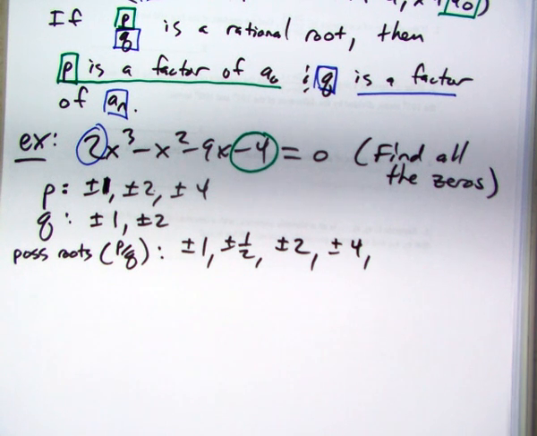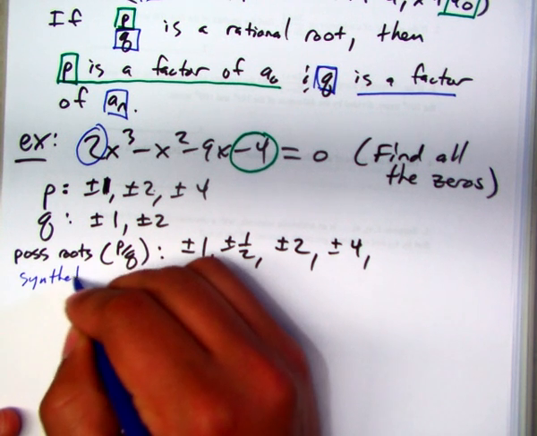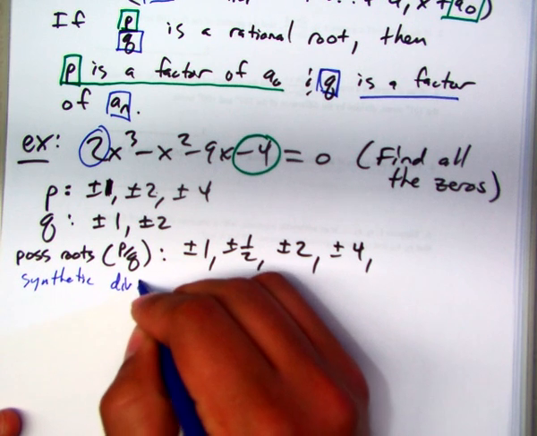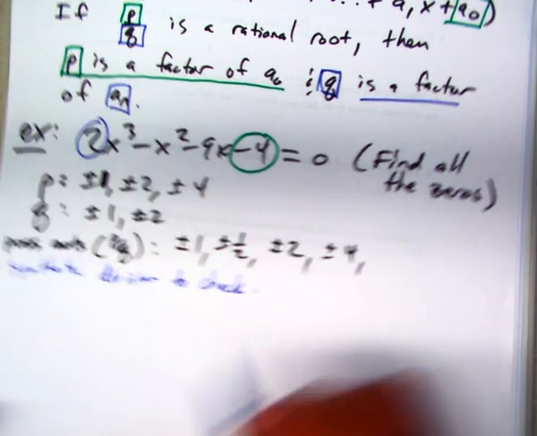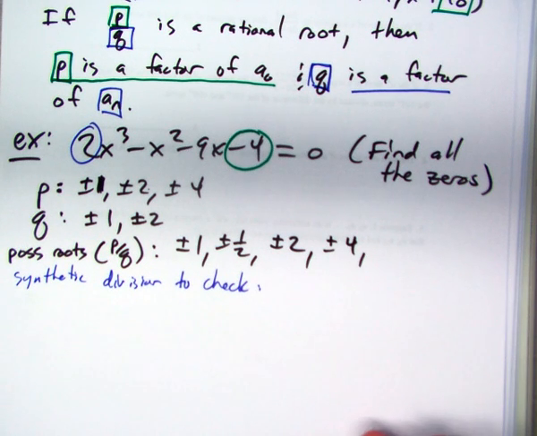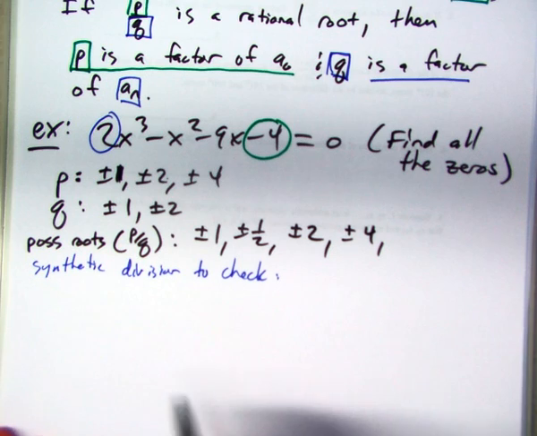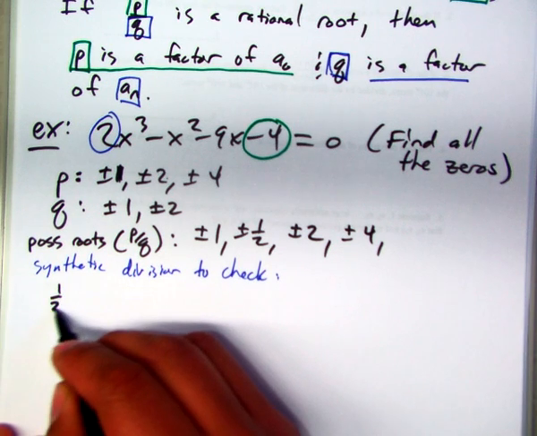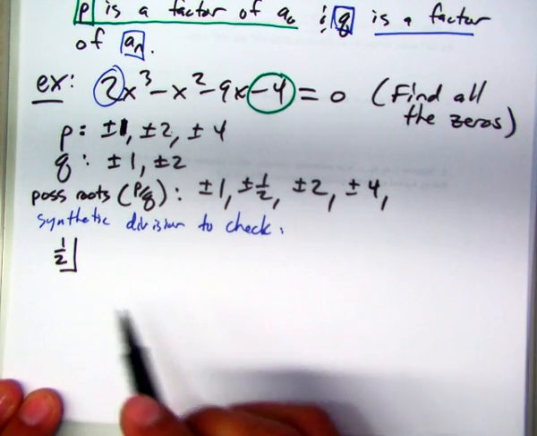Okay, so what we do now is synthetic division to check. Okay, and what I generally do is start with the smallest positive value, smallest positive root, and I'll explain why in the next theorem. So I'm going to start with 1/2 and then see if this is a root. Okay, so when I do that,